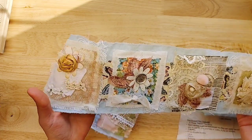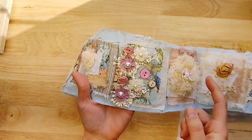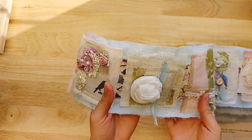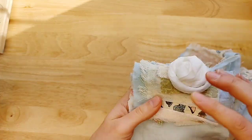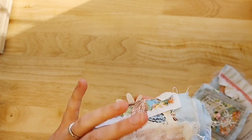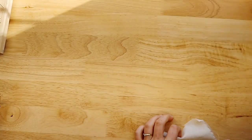I see a lot of journal cover fronts and pockets, but a lot of these would be so pretty on the front of a journal. Look at that. She definitely has her own style of snippet roll. It is so pretty. And so this one has been added to Marketplace Supplies. I'm sure we will see more from her. Okay,